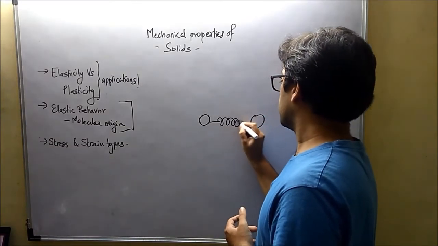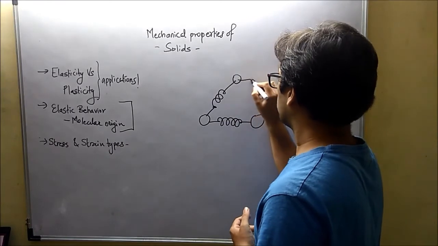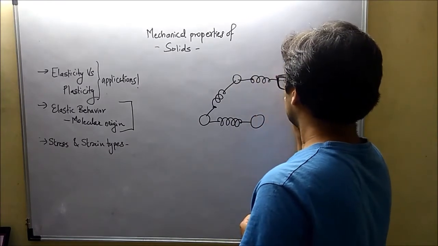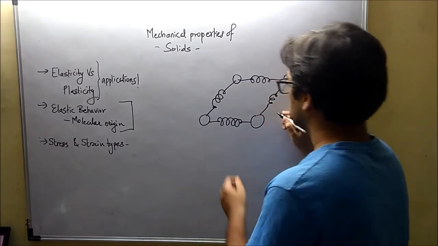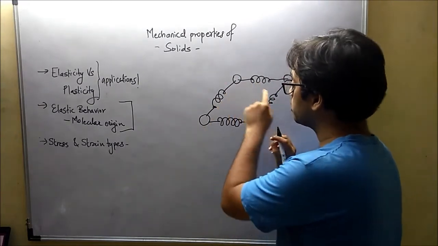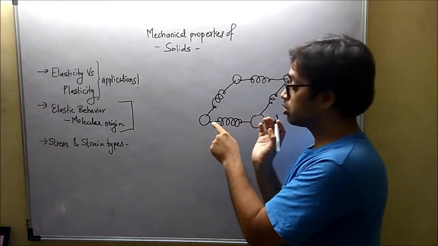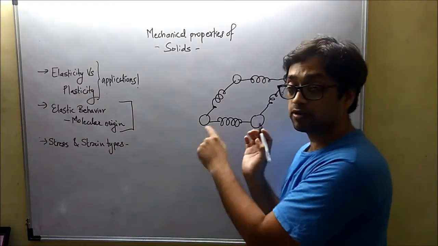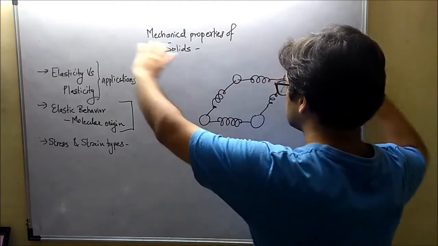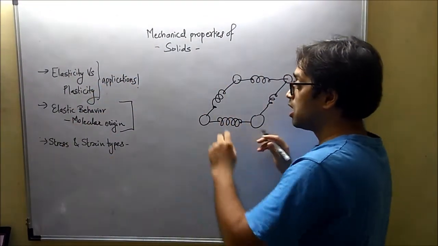So basically you can imagine as if every molecule is connected to other molecules with the help of a spring. Now try to imagine this situation. For these four molecules that I am showing now, the springs do not exist in reality. It's the representation of intermolecular force between the two molecules or between the two atoms. Now imagine several such molecules all tied to each other with the help of springs, and then